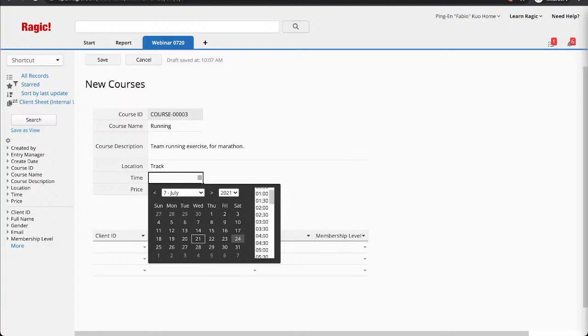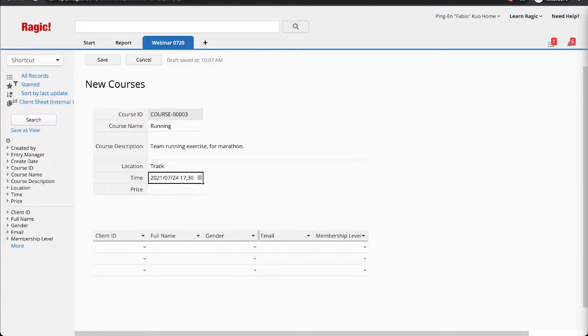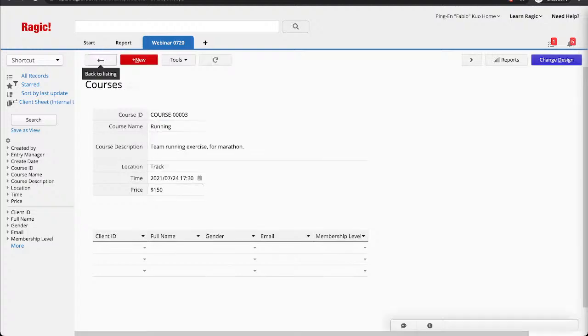Let's just have it do it at night. And let me just add another, the price will be this one, 150, I guess. And also, some people may have asked, I'm not sure if you guys will have this issue. If you would like to change the formatting of the price field, you can also do so. For example, you can change the symbol sign.